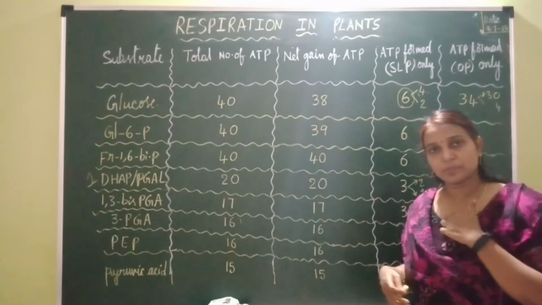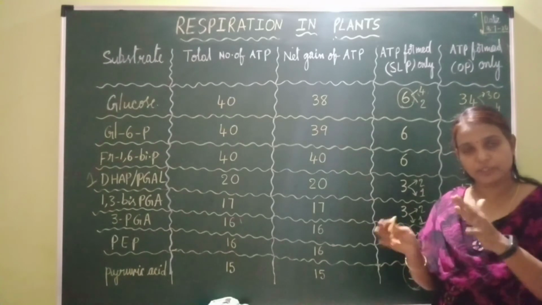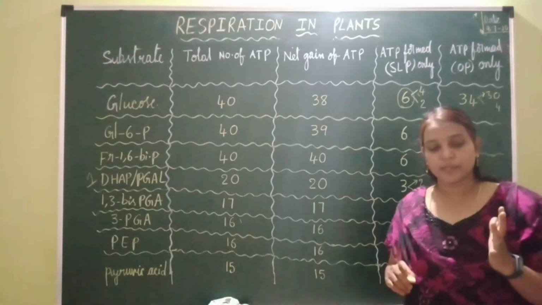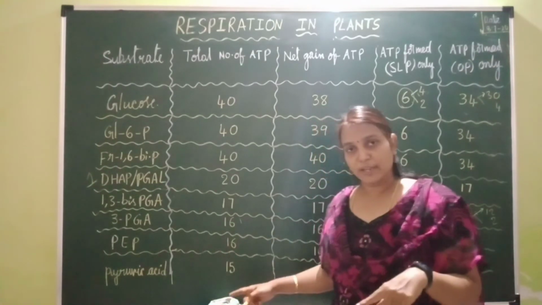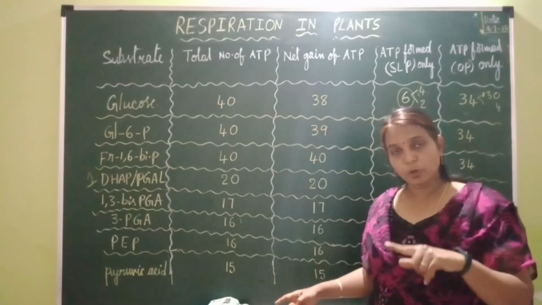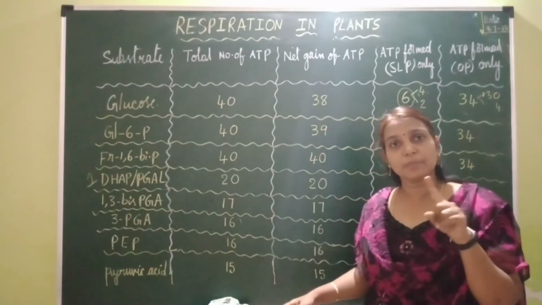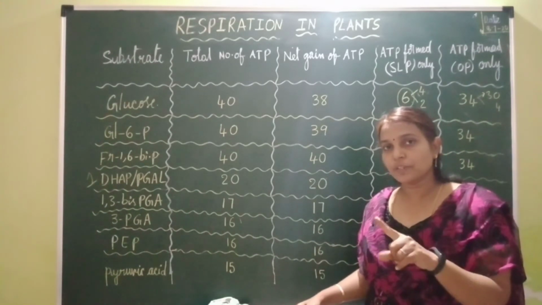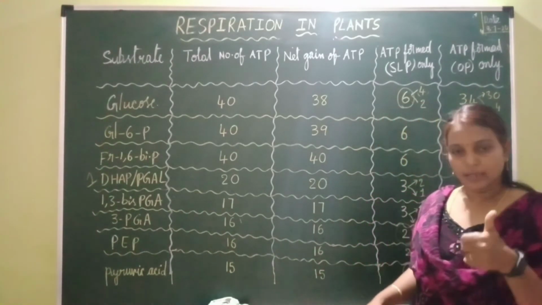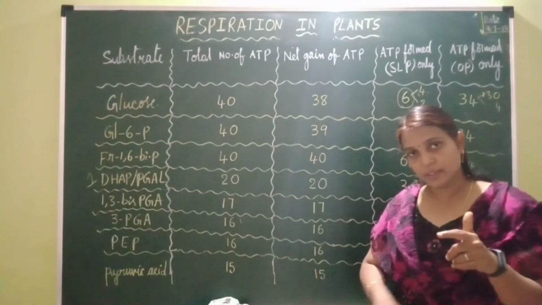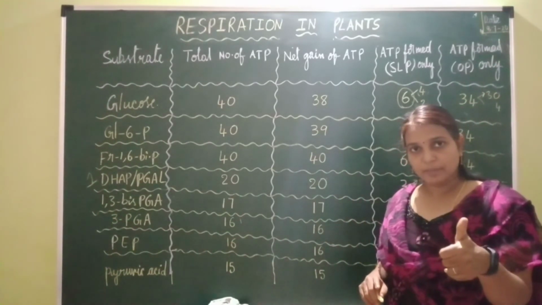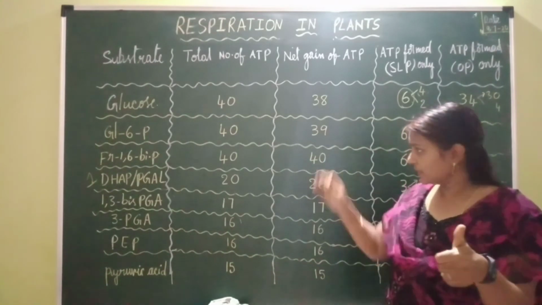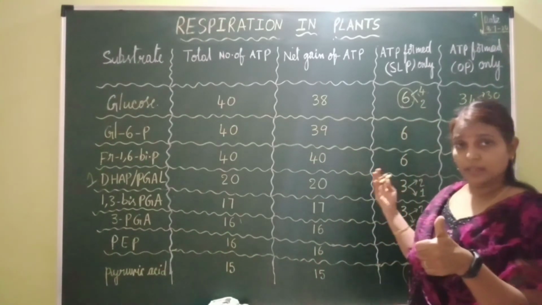What are the remaining substrates, the remaining intermediates which are formed during aerobic respiration? Acetyl coenzyme A, because pyruvic acid enters the mitochondrial matrix where it undergoes oxidative decarboxylation, that is nothing but the link reaction, by the end of which acetyl coenzyme A is formed. That acetyl coenzyme A enters the cyclic pathway of the Krebs cycle. So we need to find the number of ATP for acetyl coenzyme A. In the same way, by using these tricks you can